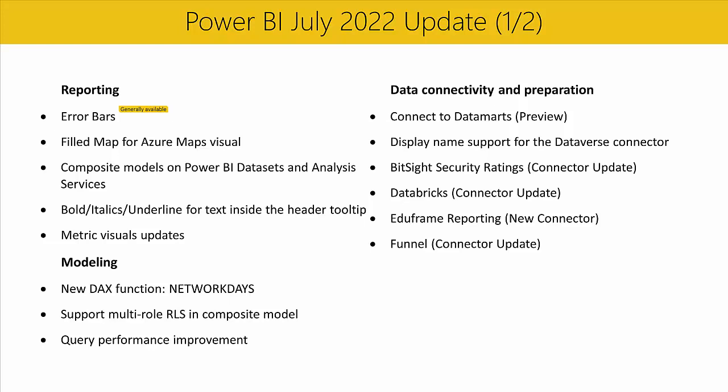We've also made a major improvement to composite models this month by enabling support for multi-row RLS. Model owners can now assign a single user to more than one RLS role in a composite model. Prior to this release, users who set up RLS in their composite models this way would likely hit a query failure. Additionally, we've improved query performance to propagate RLS filters defined on import dimension tables to direct query tables using